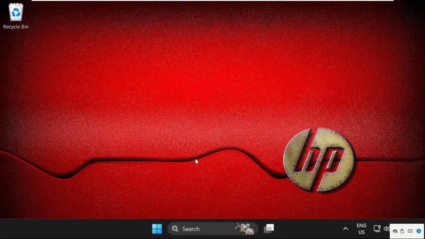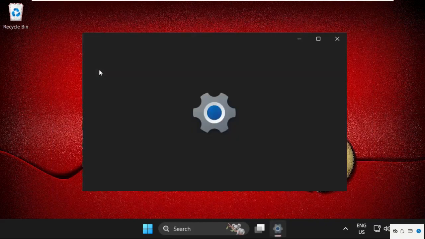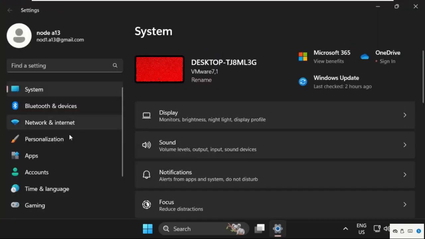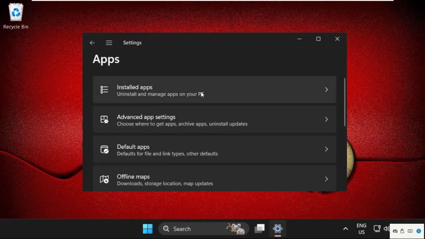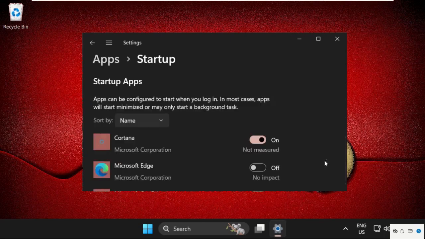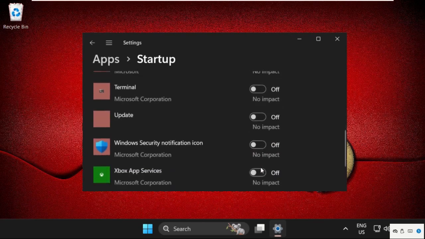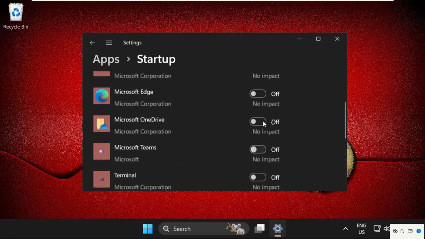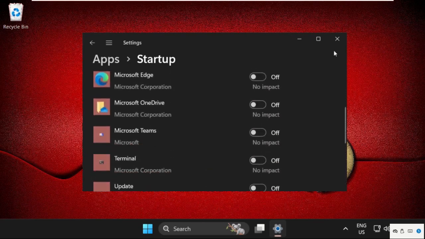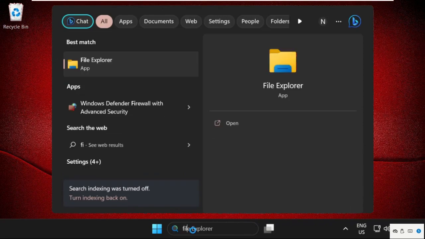Once done, just go to search bar, type settings and click here to open it. Then we need to select apps, then just scroll down and search for startup. Simply click here to expand it. Now we need to turn off these all options to fix this issue. Once done, close this window, and in the last method just open File Explorer,